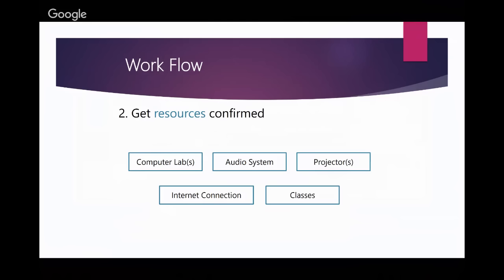If they have internet connections, then we can make sure that they go with the official code.org tutorials, though there is no guideline that these should be official and you cannot do something else. But we want to stick with them because they are updated every year, and they are made in such a way that any person who knows nothing about coding can go forward and do those activities. So computer labs and an internet connection are much needed. Even if they are not able to arrange projectors and an audio system, if they are able to arrange a computer lab and internet connection, that's well and good. That will be perfect.